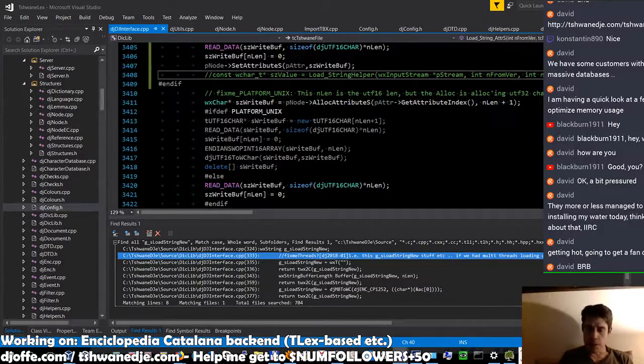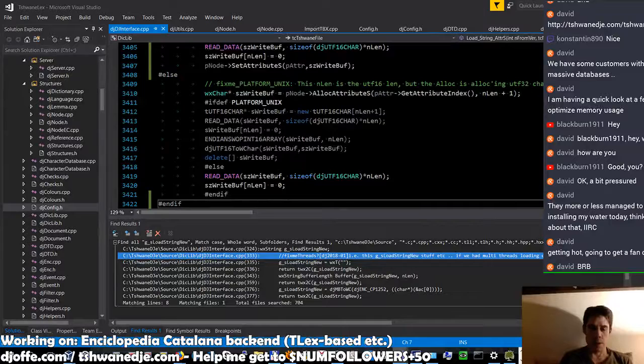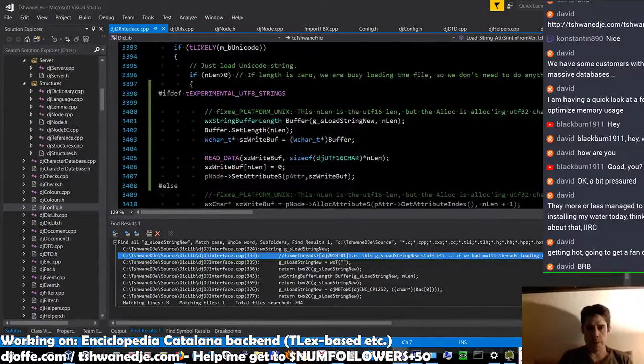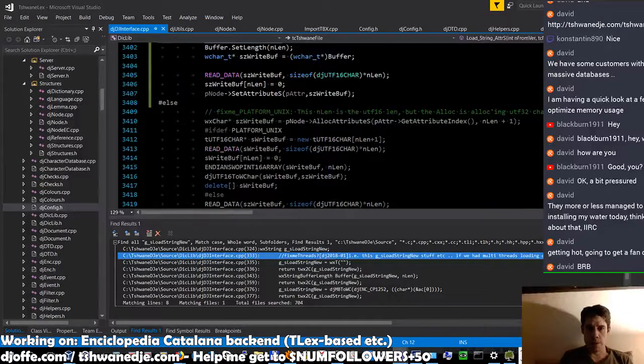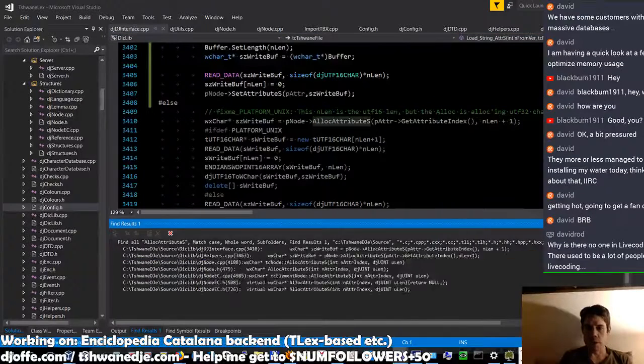And then what we need here is hash else. So this entire block there. So basically we don't use that. We can't use allocate attribute s when we're using the